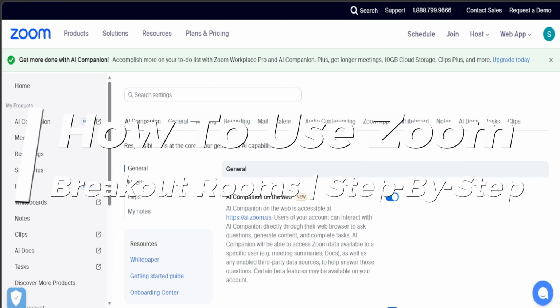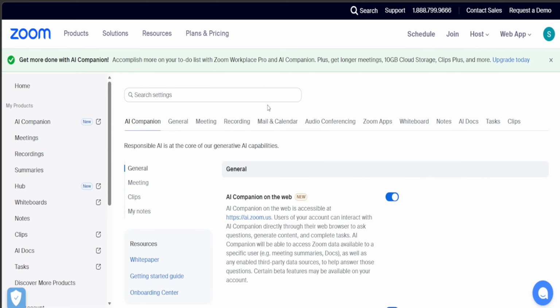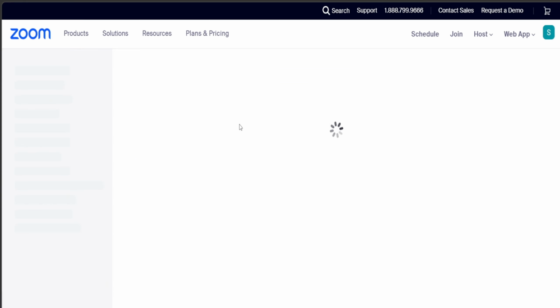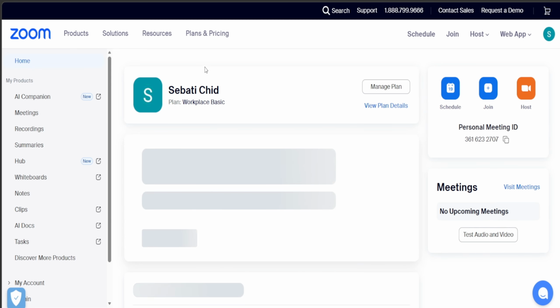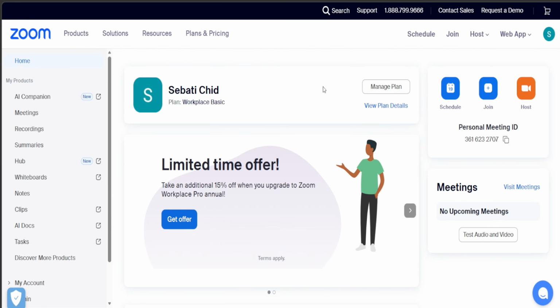How to use Zoom breakout rooms. So you're gonna have to make sure this setting is actually toggled on before you can actually use this. So first of all, you can only do this directly in your website. You won't be able to toggle this on your app, but once you're logged into the website version, go ahead